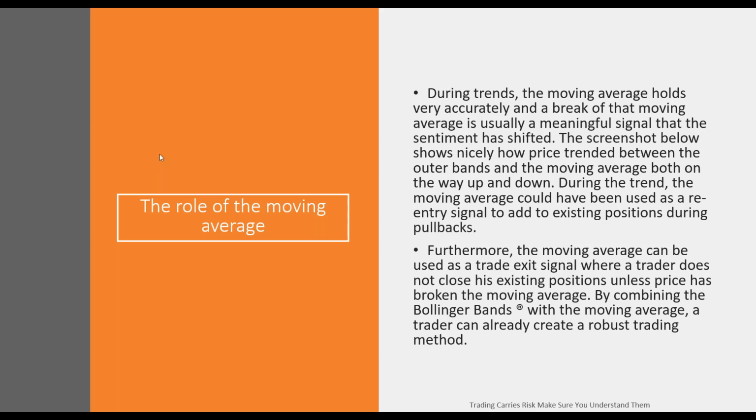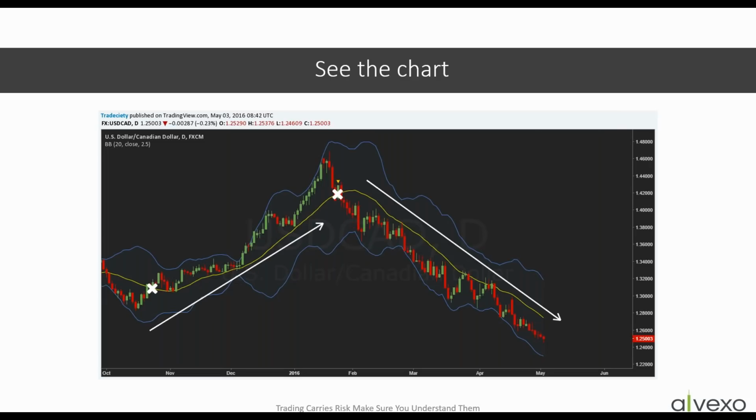So during trends, the moving average holds very accurately, and a break above that moving average is usually a meaningful signal that the sentiment has shifted. Now, the screenshot we're going to look at shows very nicely how price trended between the outer band and the moving average, both on the way up and the way down. Furthermore, the moving average can be used as a trade exit signal, where a trader does not close his existing position unless price has broken the moving average. So in other words,